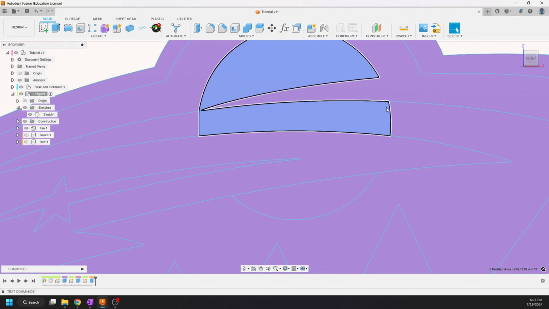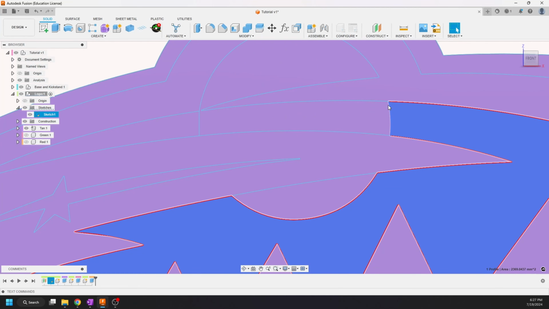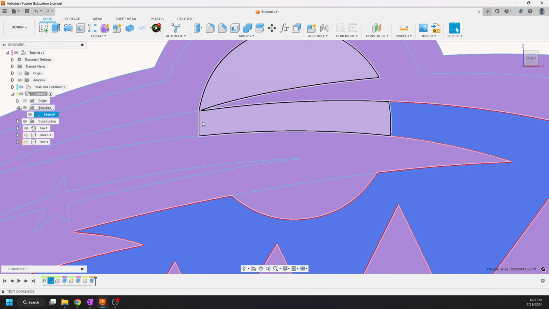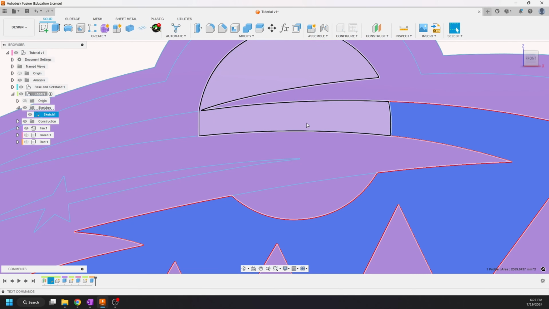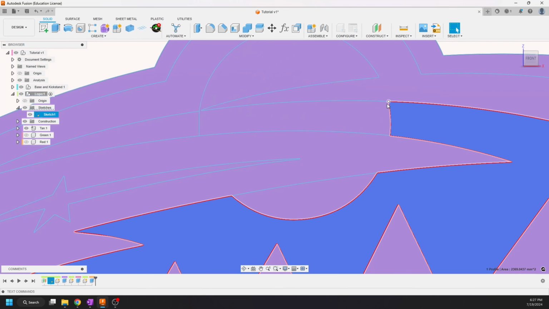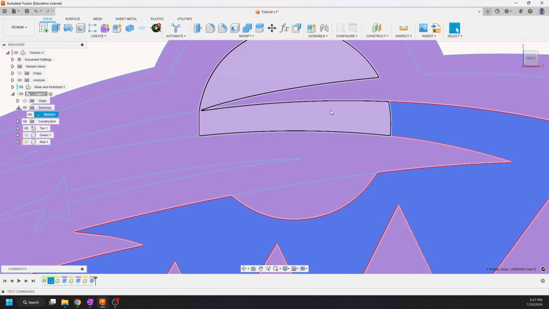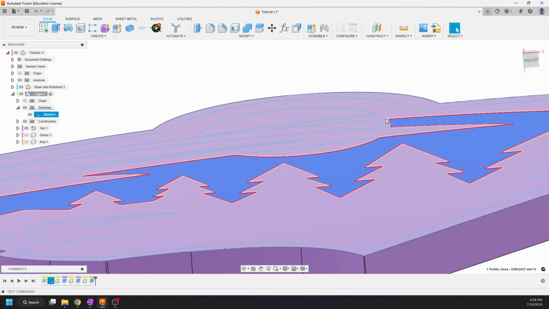If we extrude this and it's on the same plane as the red, we're going to have to add an offset on either of these faces to make it fit. When you extrude something, especially when you're 3D printing, it's not the most accurate thing in the world, so they are not going to fit in there if they're extruded at their current dimensions. So you've got two choices. You can extrude this and have it on the same plane as this, and then add those offsets to where they fit together. Or we can extrude this one just a bit higher, so 2 millimeters higher, to where it's extruding,